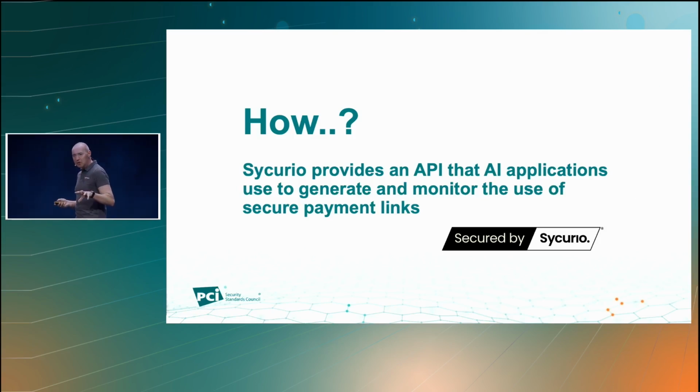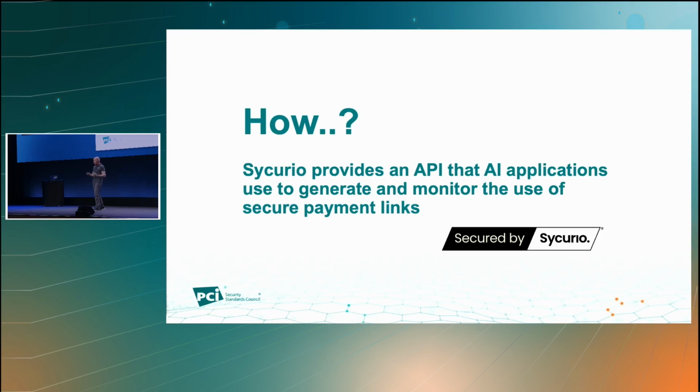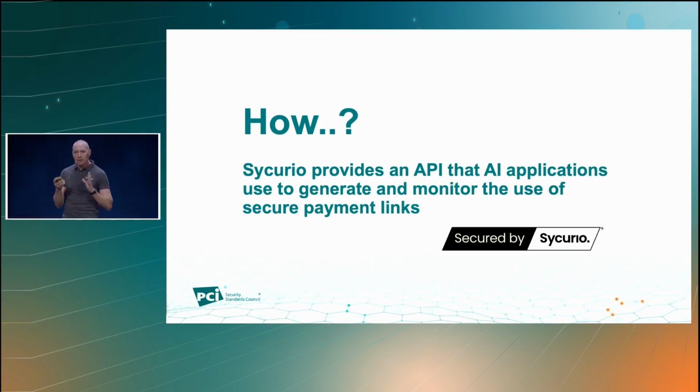So this is the way we're doing it for a lot of merchants now. It can often work alongside the voice channel, so it's not replacing calls to make payments. We provide a secure API in various different methods. I won't go into the weeds of it, but we've got an XML version, a JSON version, and a version that will work with an AI bot, a chatbot, a virtual agent.